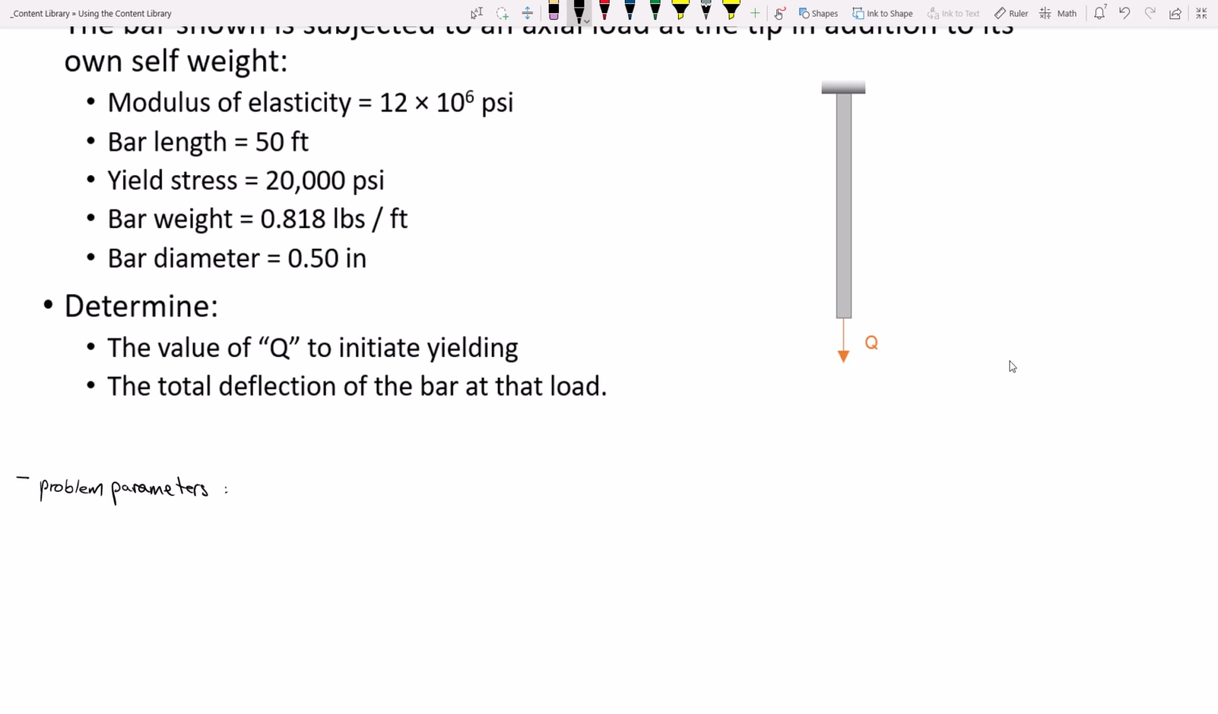Okay. All right. Modulus of elasticity. What's the symbol we've been using for that? E, right? So E is, in this case, 12 million